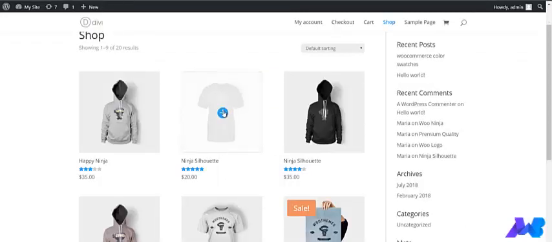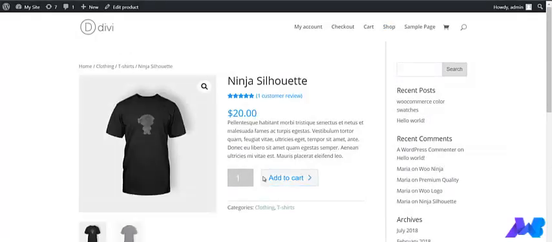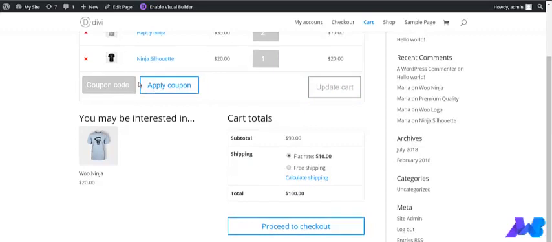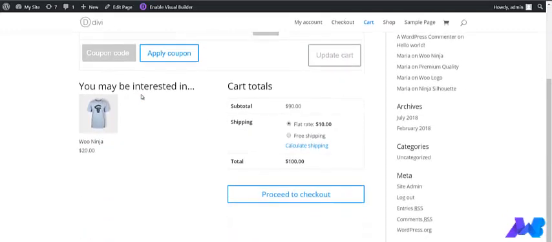This is the second product which I am going to take. Okay, so now click on view cart. Okay, so the two products have been added to the cart, and after that you have to click on proceed to checkout.